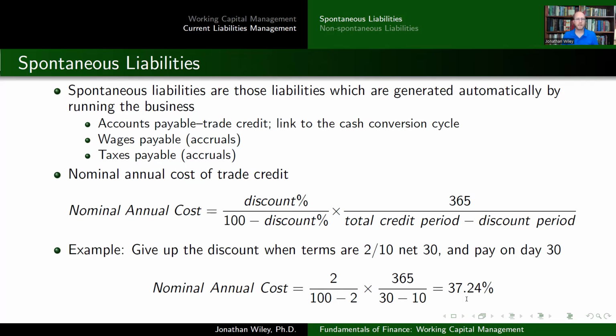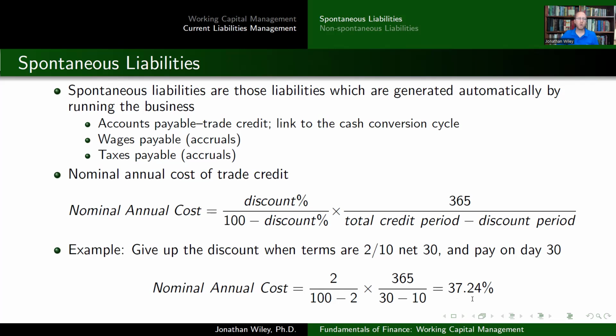If I lengthen that payables deferral period and I pay later, it does shorten the cash conversion cycle, which we tend to like. However, if that comes at the expense of discounts, those discounts lost are kind of the equivalent to borrowing at a really expensive rate, as we're seeing here, at least in most cases,